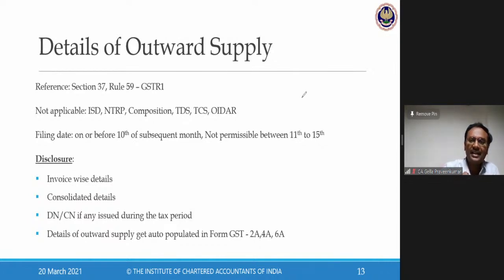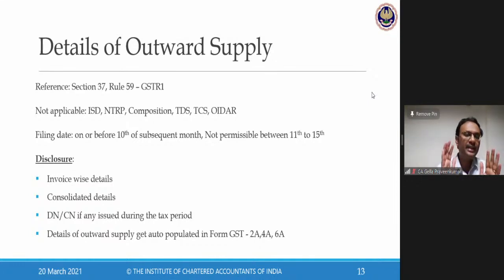Now, there's no sanctity of these due dates as of now. If someone asks, sir, can you say what is the due date for GSTR 1? I have to ask, are you in South India or in North India? Second question I have to ask, is your turnover less than 5 crore or more than 5 crore? Third question I will ask, in the last year, have you filed your returns on a quarterly basis or a monthly basis? These are multiple things I need to look at before answering the question, what is the due date for filing the return? Because of this complexity, don't even expect a question asking what is the due date.